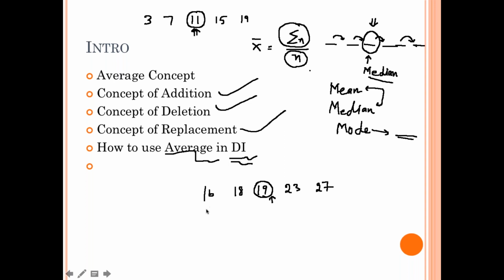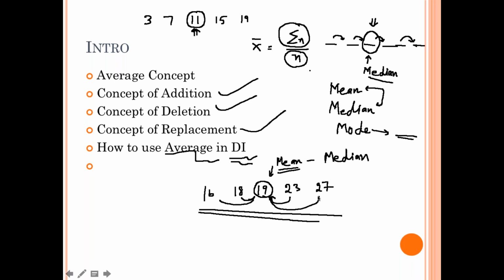So what I can say is, if I put numbers in ascending or descending order, the middle number or the median value will be very close to my mean value. Median will be very close to mean. Here we can see this is just one less and this is three less, this is four more and this is eight more. So my average will be slightly toward this number. It will be somewhere between 19 and 23, let us say 21 or 22 shall be my average. I hope this concept is clear to everyone.